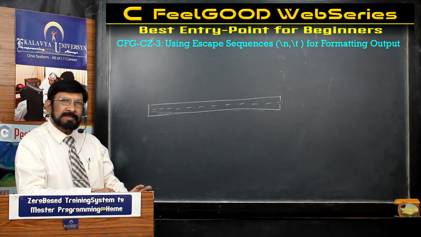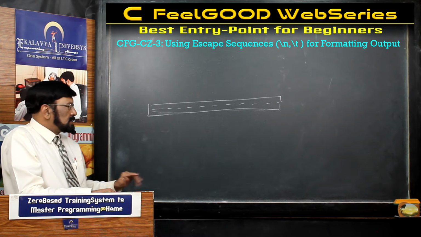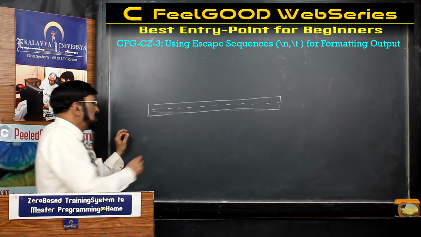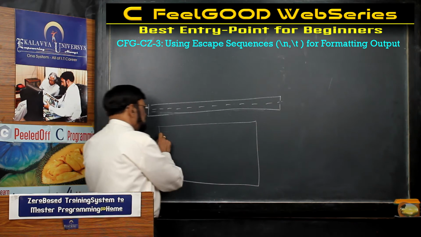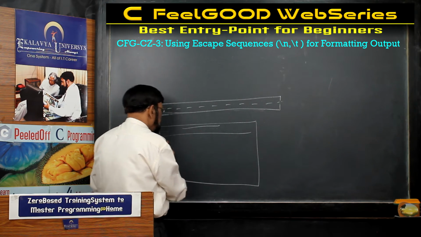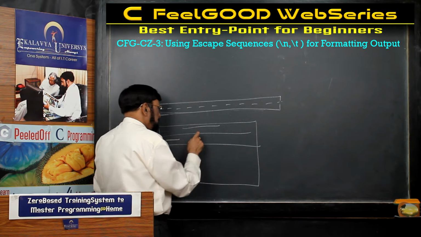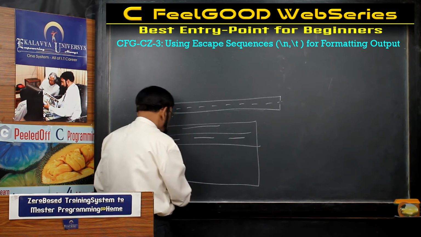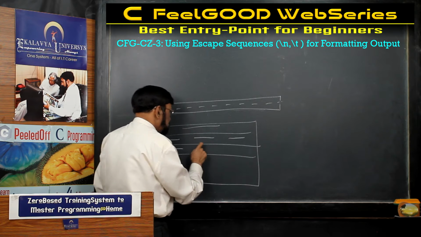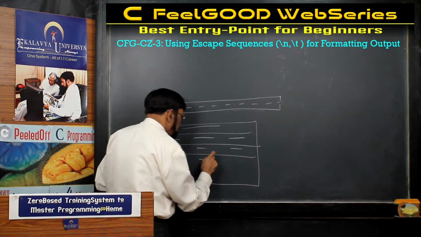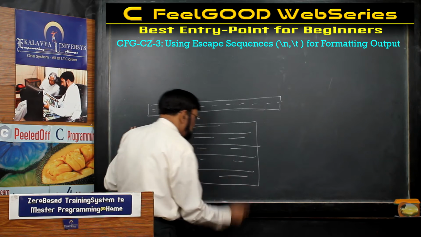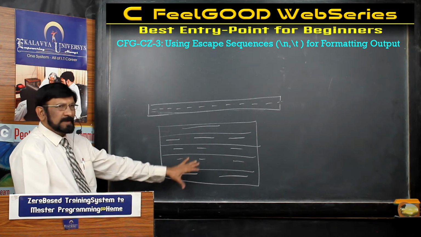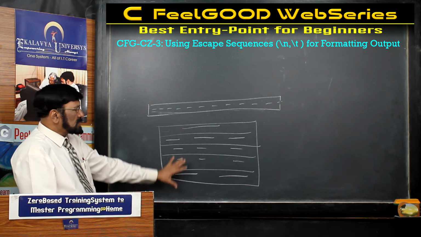If you want to evolve as a programmer, you should nicely format. Already I showed you the format. Now we see: there is some heading, thereafter your name, your class number, your roll number, names of the subjects and corresponding marks, total marks, average marks, percentage. This is the way. Content wise, both are same.